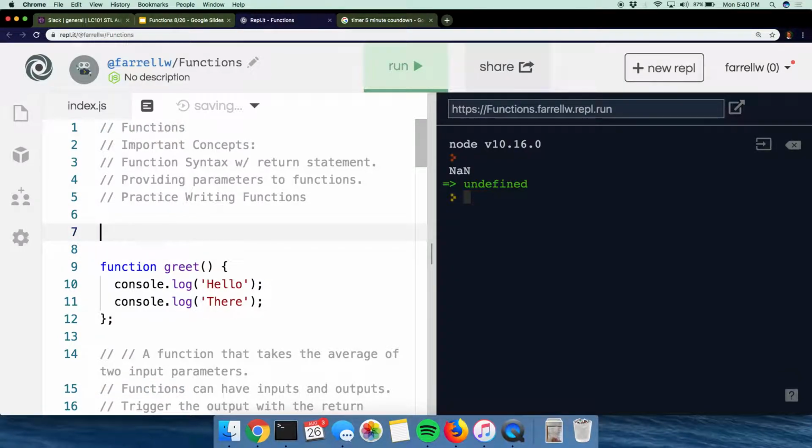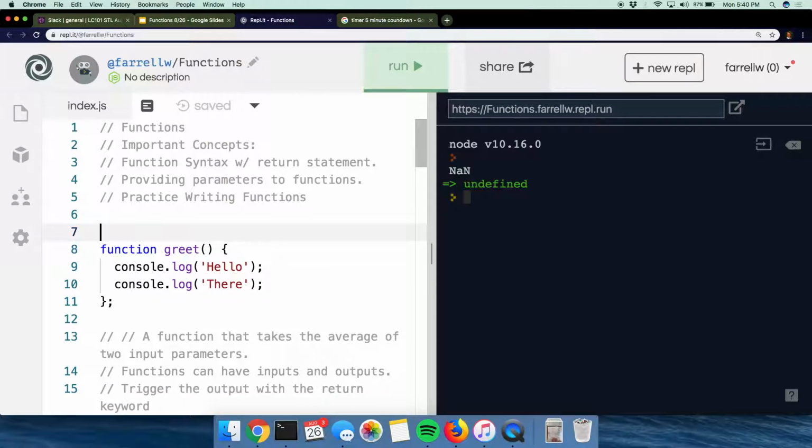Functions are super useful as a programmer because they take these massive chunks of code and split them up into small little parts. So let's look at one of those small parts. I declare my function with the keyword function, and then I give it a name. And then I have 2 opening and closing parentheses. That's just part of the syntax of creating a function. After I declare my function, I have a block of code. Just like in an if statement, the things between these curly braces are blocks of code. And then if I run my program,